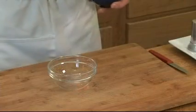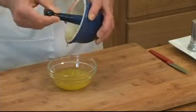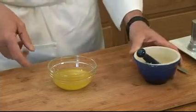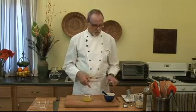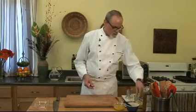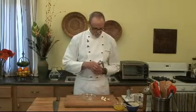So now I'm just going to pour it out. And there you have it. Very simple. You can put this in a little jar, a little bottle, and keep it in the fridge. And this is the fun method. The very quick method, that was pretty quick, but the real quick method is do the same thing, but use